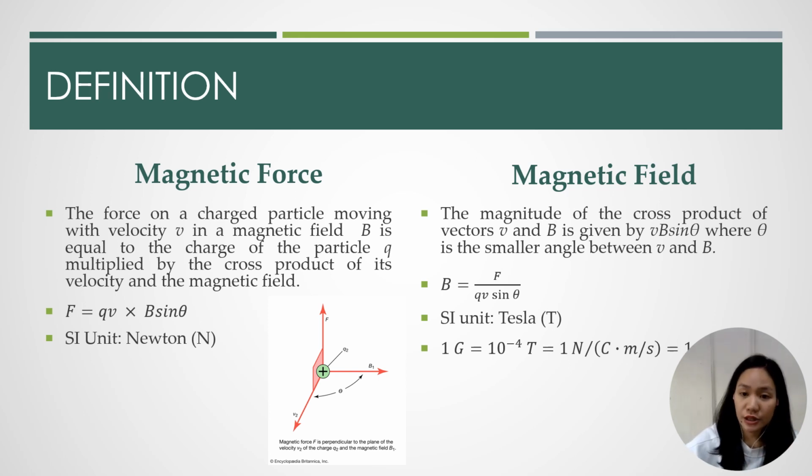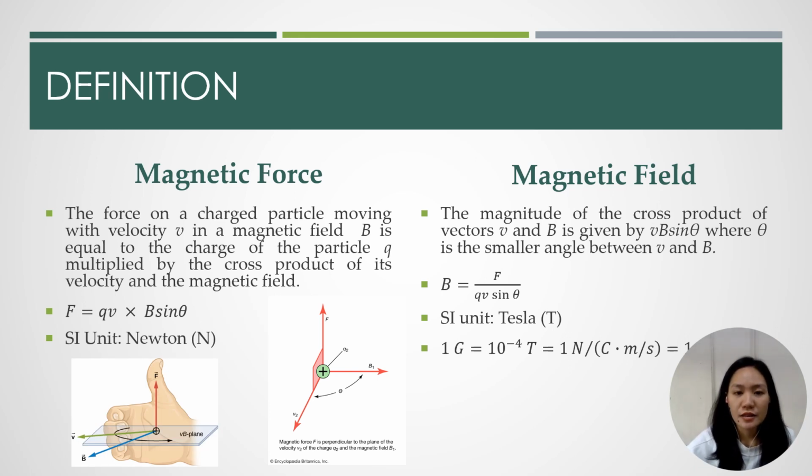Now, in our discussion last week, we learned that the magnetic force is a force that acts on a particle, and this particle must be moving in a magnetic field. Again, in the presence of a magnetic field, when a particle passes through that magnetic field, the particle will experience a magnetic force exerted by the magnetic field. Now, the general rule is the magnetic force acting on the particle must be perpendicular to the velocity and magnetic field vectors. Okay? And that is why we use the right-hand rule.